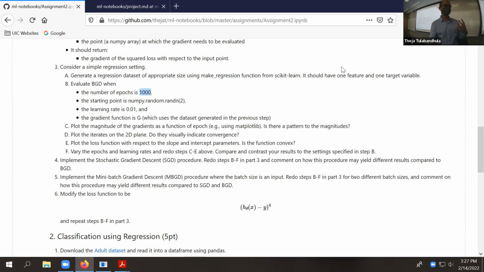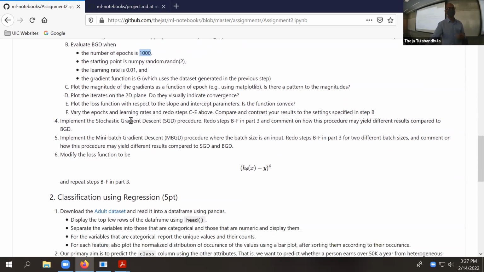We saw this illustration, and basically the objective of this question is to recreate what we have in the slide deck. In our slides, we have a visualization that corresponds to the two-dimensional search space, theta naught and theta 1. So I'm just asking you to redo that, try to get to the same visualization. Parts 4, 5, and 6 are basically repeating with some changes in the definition of the gradient descent procedure. Stochastic gradient descent just means there's no summation needed in the outer loop, and mini batch gradient descent means pick a small batch size, which is not the full data set, but also not one example. So that's the idea.